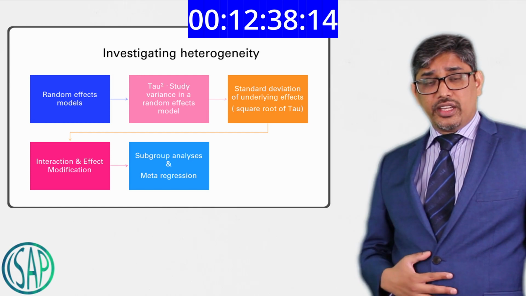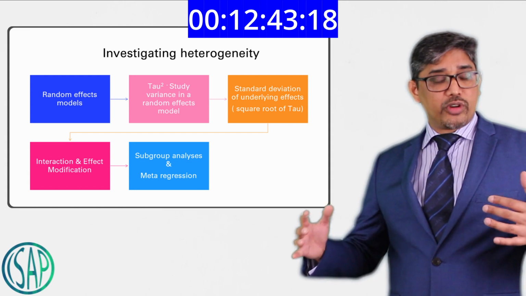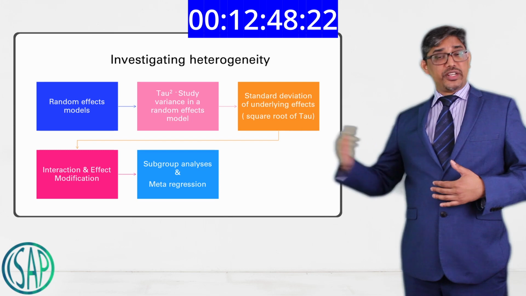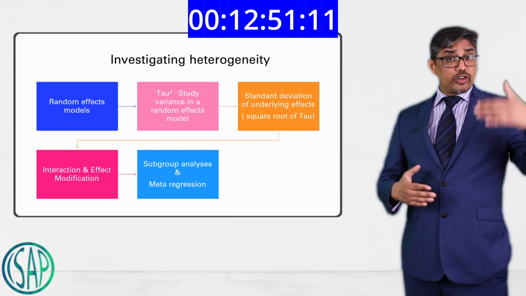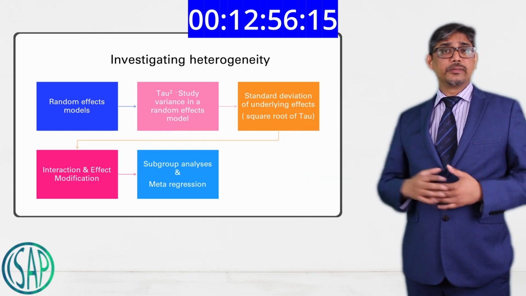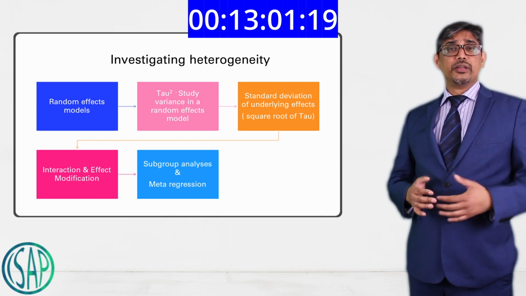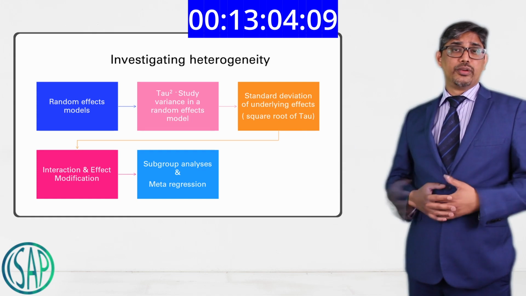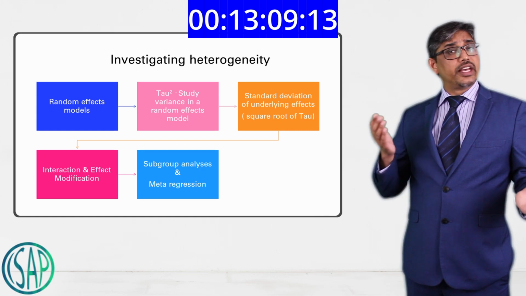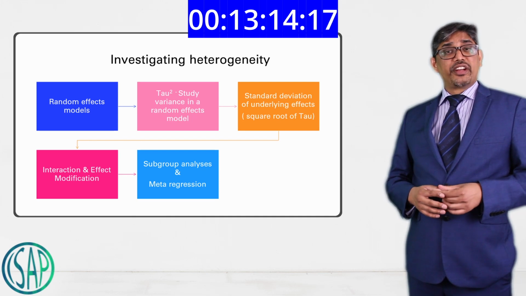So when you get heterogeneity, the next step is to do something called interaction and effect modification. We need to look at what are the input variables and what are the outcome measures you are looking at. Can we drop some input variables to see if there's any difference in the confidence intervals of the estimates? Can we change the outcome measures altogether? For example, instead of estimating pooled mortality figures, you may look at pooled R0 resections. Like that, you can change both input variables as well as outcome measures. So that is something called interaction and effect modification.